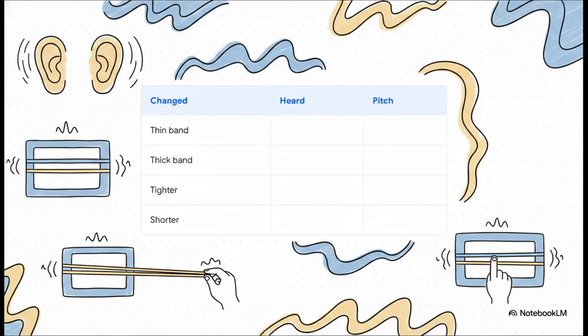You can systematically log your observations in a data table as you experiment. First, pluck the thinnest rubber band, then the thickest. What do you hear? Next, grab one of the bands, pull it so it stretches tighter, and pluck it again. Finally, press your finger down right in the middle of a band, pinning it to the box, and pluck just the remaining short side. Track whether the pitch goes higher or lower with each specific change.